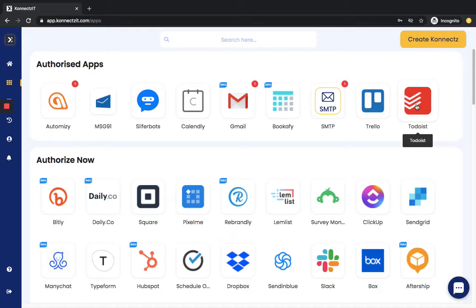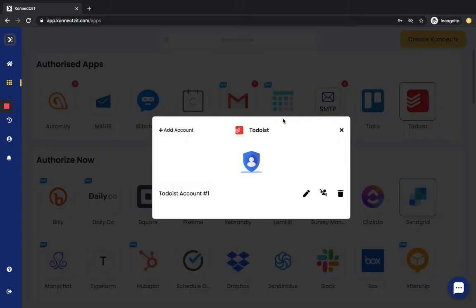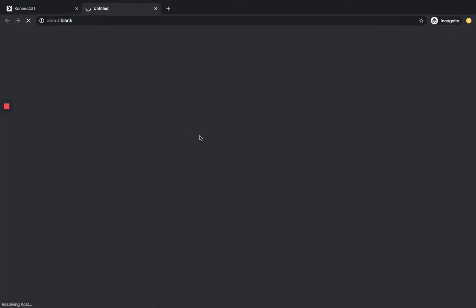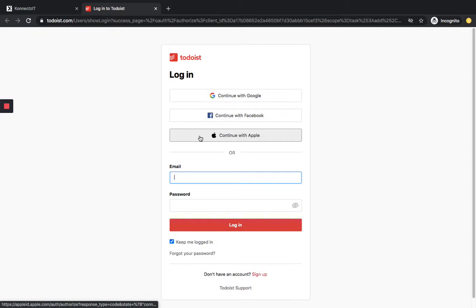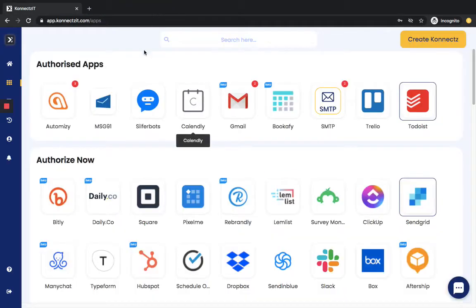There are basically two types of authorization. One is OAuth based authorization and the other one is API key or API token based authorization. You have to give permission by giving your credentials for the respective app, then the authorization process will get completed. Similarly, you have to do it for the other apps as well.